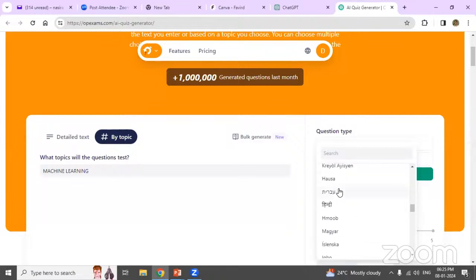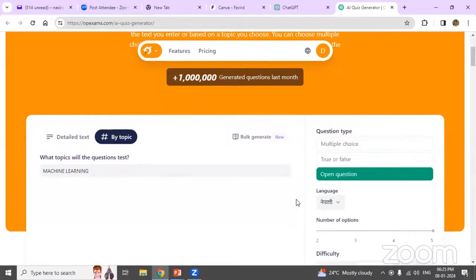So this is Telugu. Is it Telugu? Yeah, I got it.